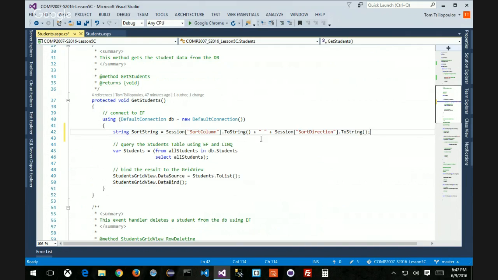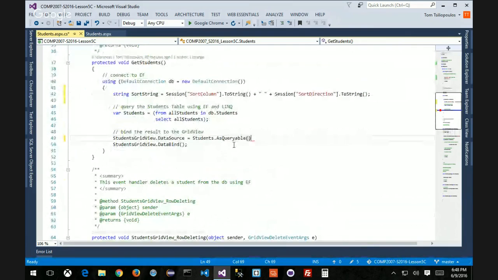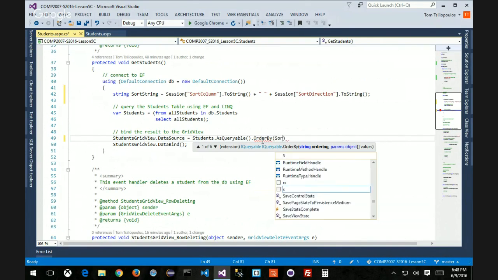Okay, so theoretically we could have probably added it in here with an order by clause, right? But what I want to do that works is in here, instead of just this ToList, what I want to be able to do is something like AsQueryable. Now I can't get this unless I have the thing I just added in, the System.Linq.Dynamic using statement. It gives me the ability to put AsQueryable in here. And then I'm going to do OrderBy,